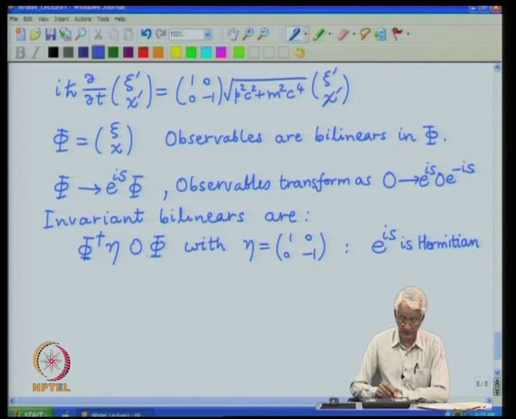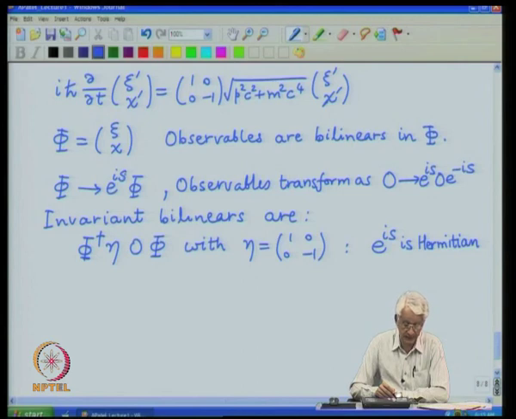And so, if you construct this particular quantity, the various factors of e raised to i s and e raised to minus i s have to be cancelling each other to create an invariant object. On the right hand part, O times phi, e raised to i s and e raised to minus i s do cancel, but on the other side the phi dagger also produces e raised to i s, because it happens to be Hermitian, and the O also provides e raised to i s, and to cancel them each other we must flip the sign of the exponent of this transformation matrix here.